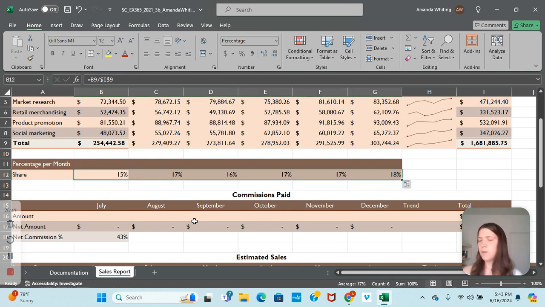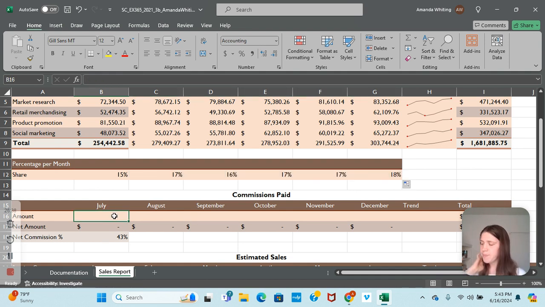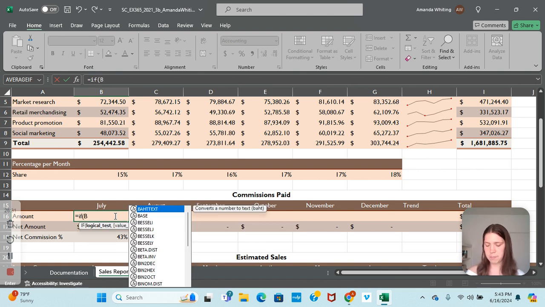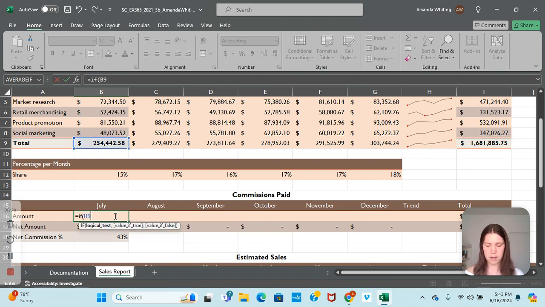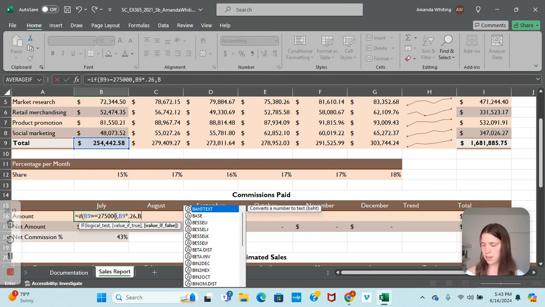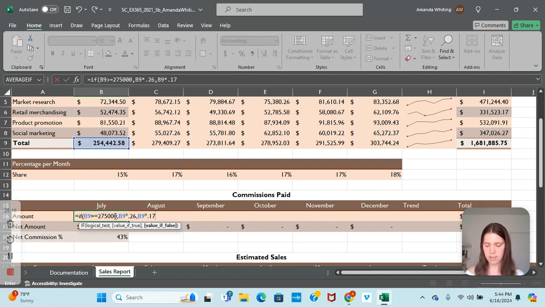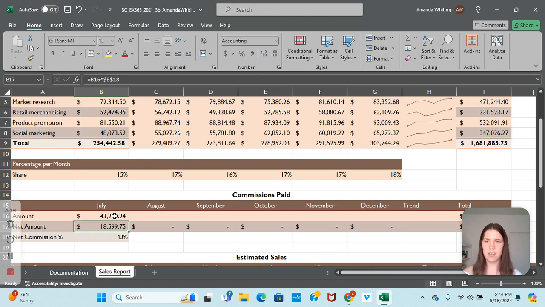Great job. We're going to go to B16 now, and we're going to make an if statement, which is a little complicated, but we got it. =IF(B9>=275,000, B9*0.26, B9*0.17), close parenthesis. Great, let's drag that over